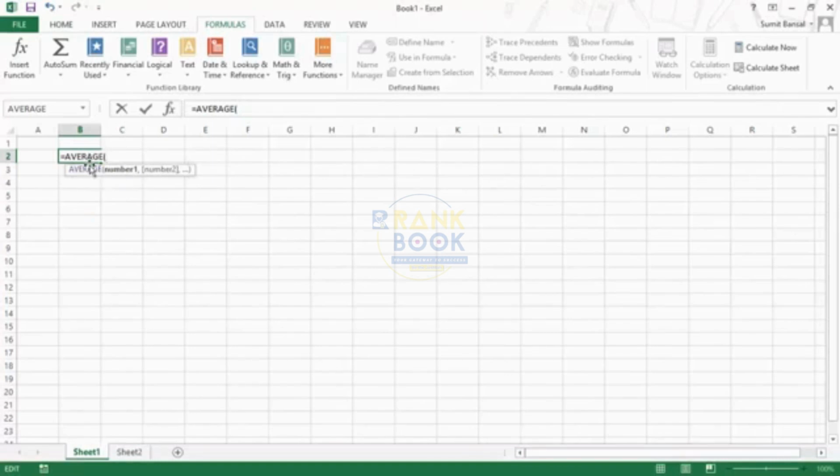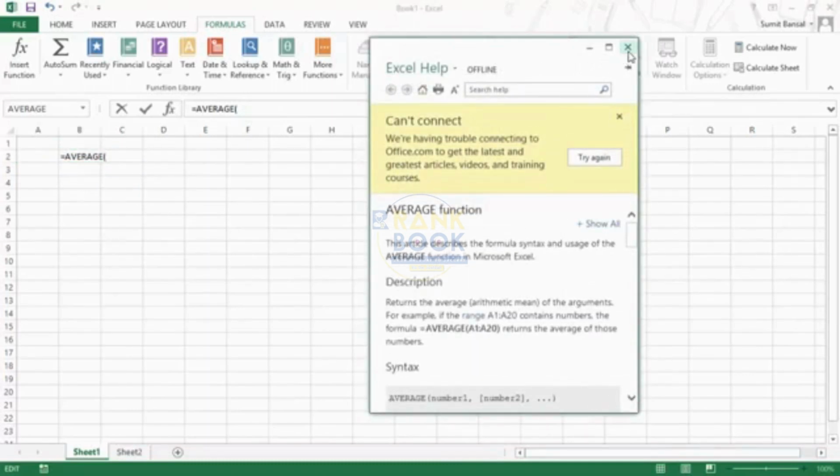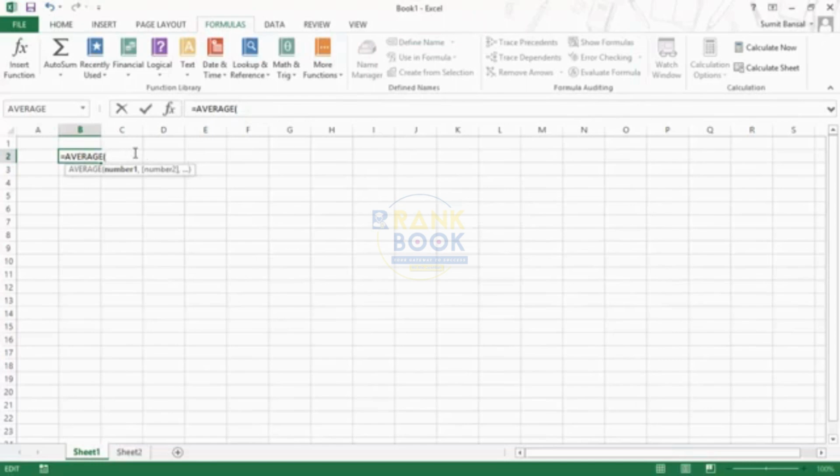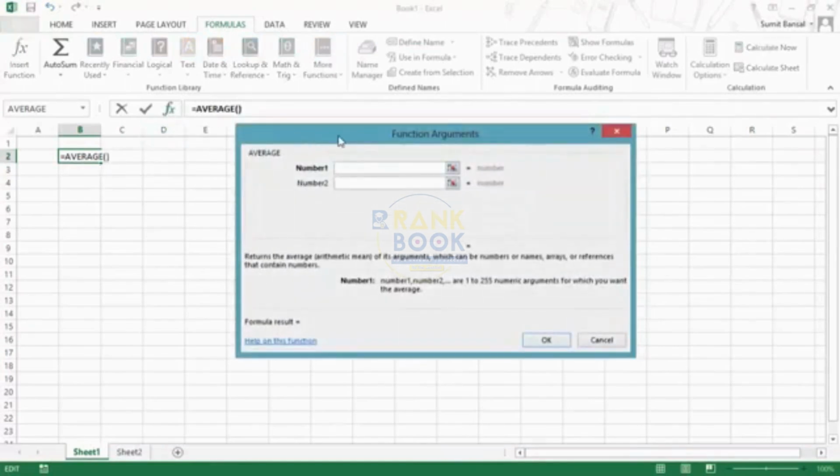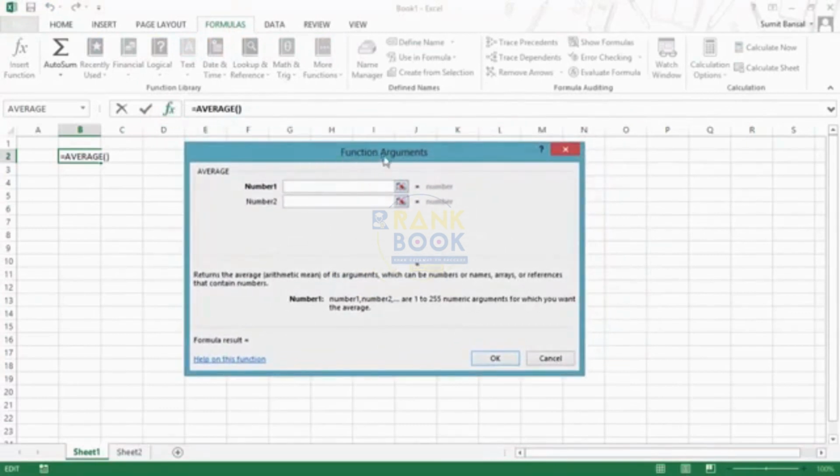Now if you want to go to the help for this function, you can simply click on it, and you can see it opens the Excel help. But I do not want to go to the Excel help. I want to open the argument box where I can insert these arguments. There are two ways to do it. Again, you can click on FX or simply use the keyboard shortcut Shift F3. As soon as you use Shift F3, it opens the function arguments dialog box, and